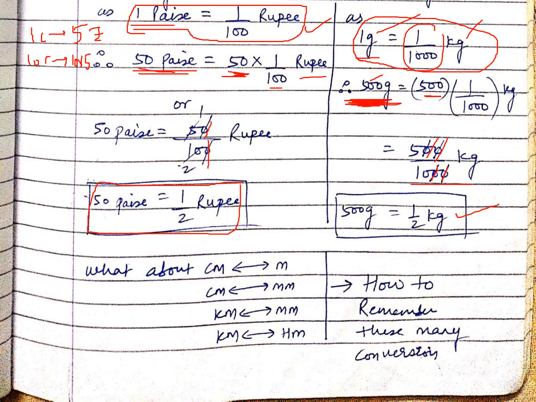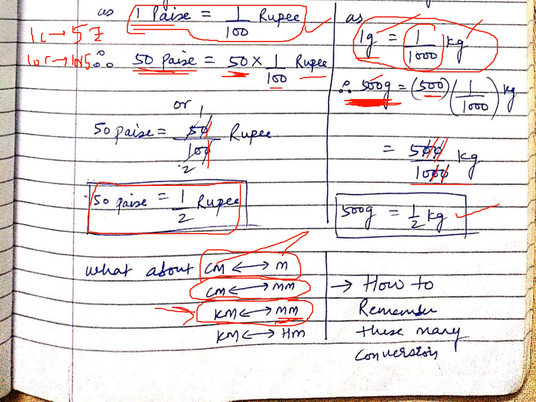Try to understand what I am telling. I am going to give you the general formula also. Now we have seen some general things that are being asked. But in real life, there are many things that could be asked from us depending upon the type of exam. Someone can ask conversion of centimeter to meter, which is very easy for us. Someone can ask centimeter to millimeter, again very easy for us. But kilometer to millimeter, this km to mm is not that habitual for us. So in this case, we have to think a lot.